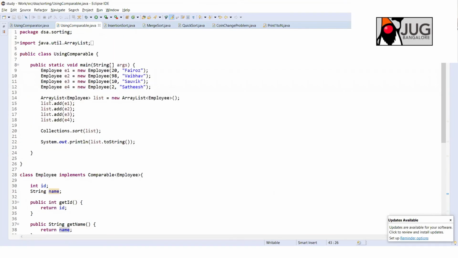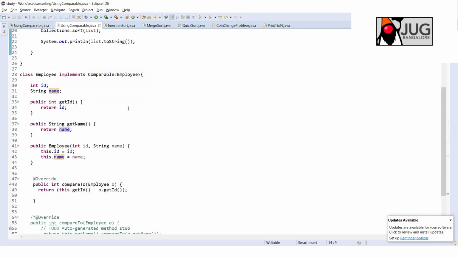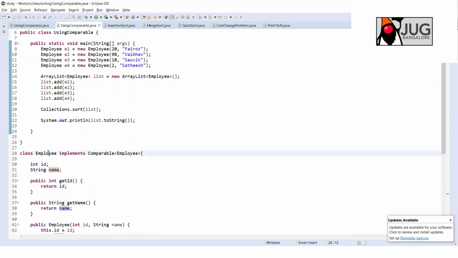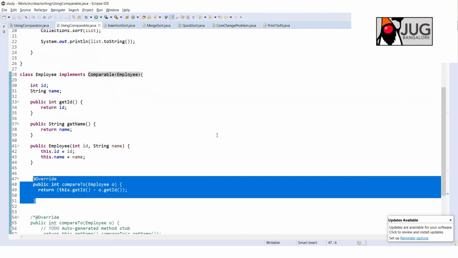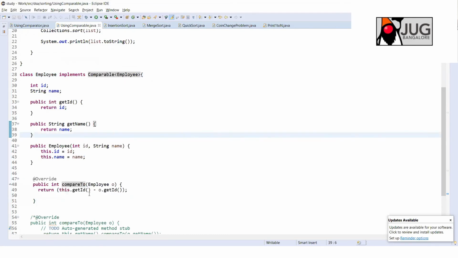So once you insert into the list, now you want to sort based on, let's say, employee ID. So Satish should come first, and then Sovik, and then myself, and then Vaibhav. You want to sort in that order. So what I will do is implement the employee class itself with Comparable. This is an interface which has a compareTo method, and now you need to implement this method. So the same logic: compare the current object with the passed object. If it is -1, then the current object will be placed first. So it goes like that.